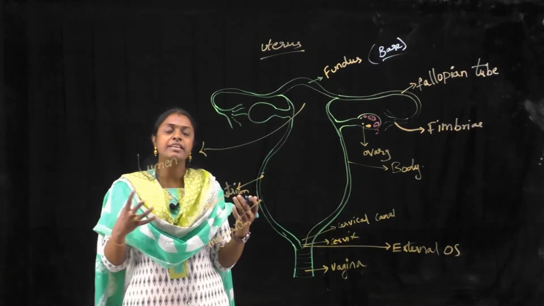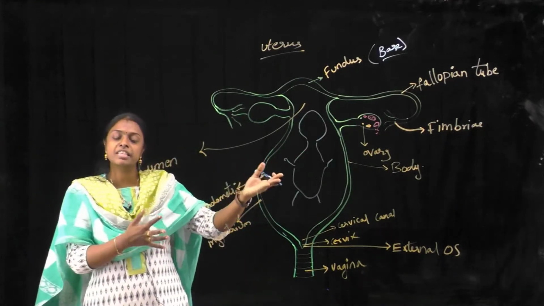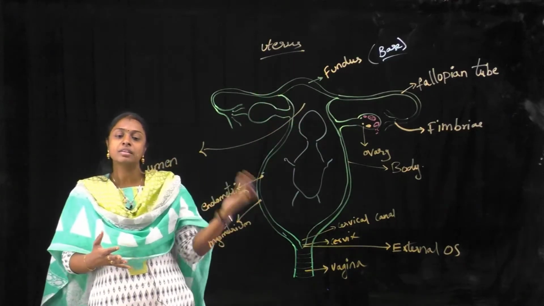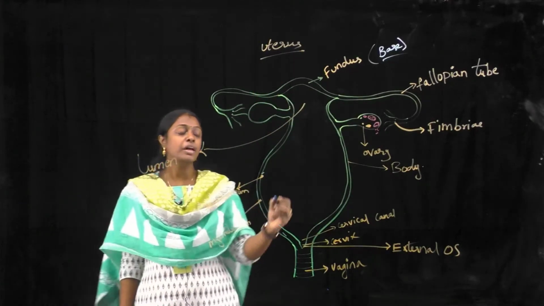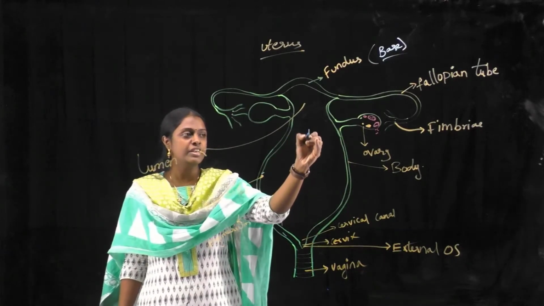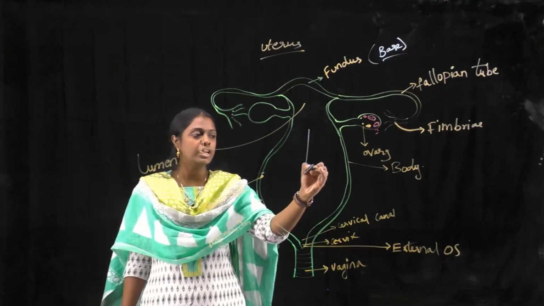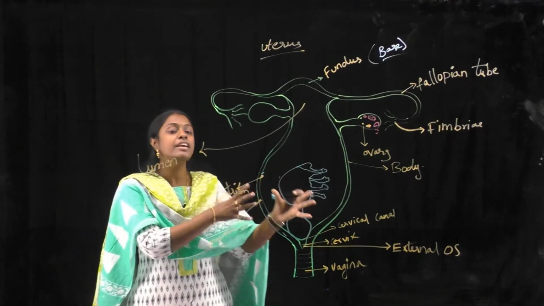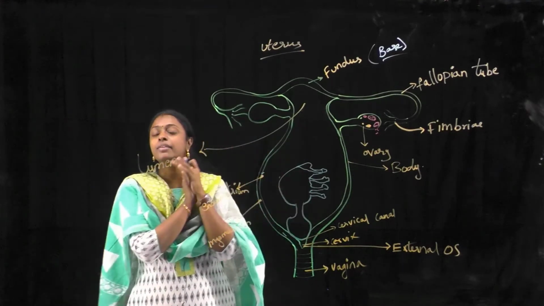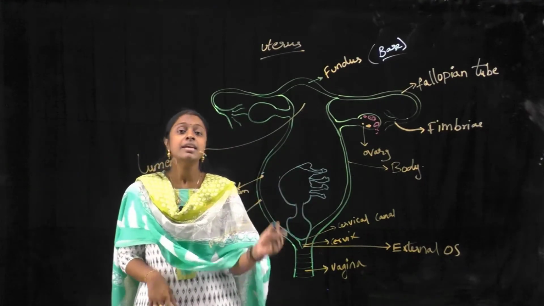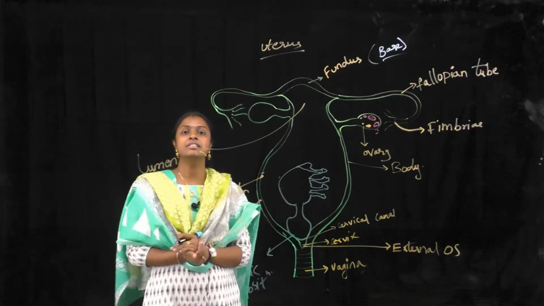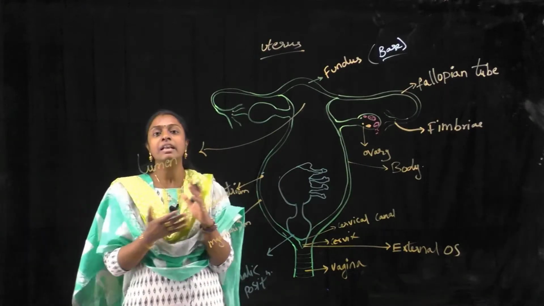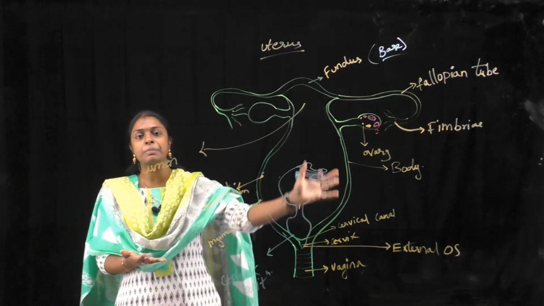When a lady is pregnant till 7th month, the fetus will be in this position where the head will be towards our fundus side and the legs will be towards our cervix side. But after 7th month, baby will start to rotate slowly this side. At the end of the 7th month, baby head will be near our cervix and legs towards our fundus. So this position is called as cephalic position. In some ladies, this baby won't rotate by itself. That is called as breech position. In 8th month and 9th month also, head will be towards the fundus.